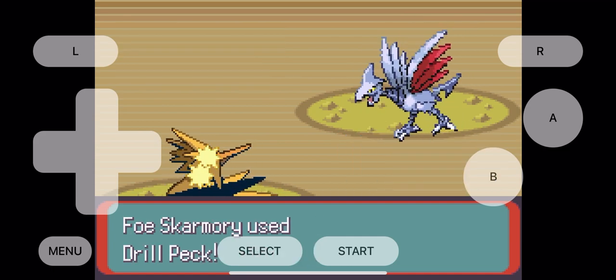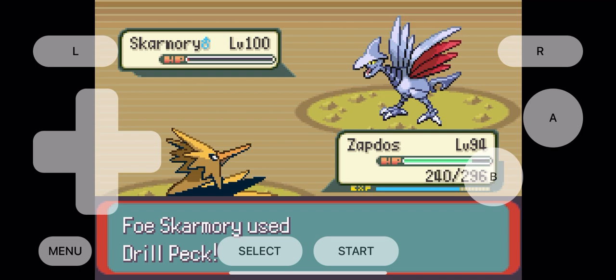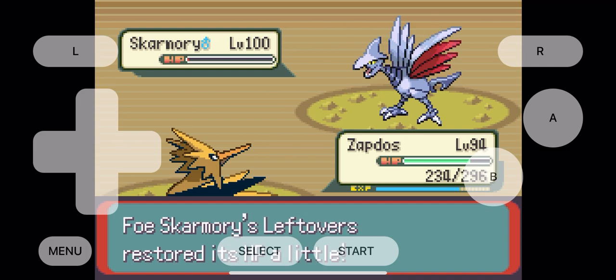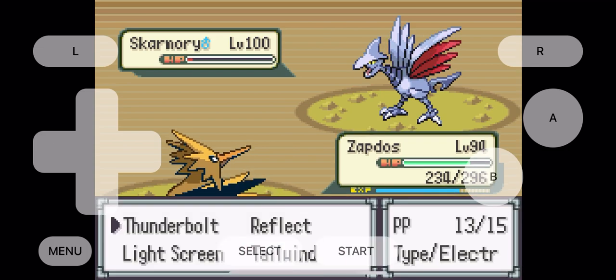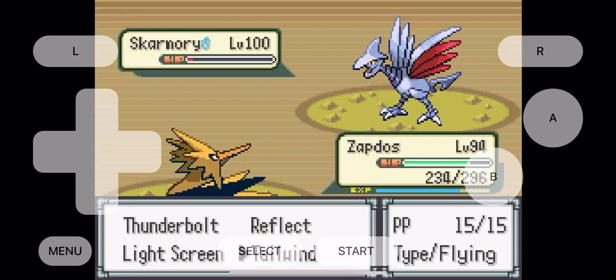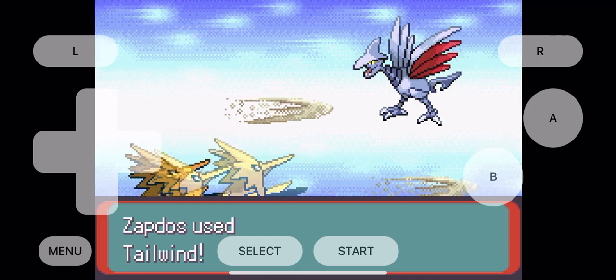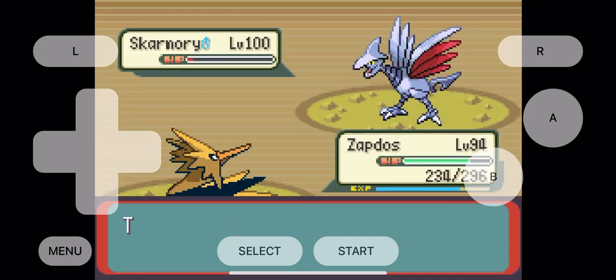Skarmory fires back with the Drill Peck, which we will type resist and not take very much damage. And oddly enough, Skarmory likes to attack here, despite being at a type disadvantage. Usually when an opponent leads with Skarmory, it's to set up spikes or stealth rocks or some type of hazard, so this is a bit odd. But either way, since Skarmory can't really deal very much damage to us, we're going to take this opportunity to